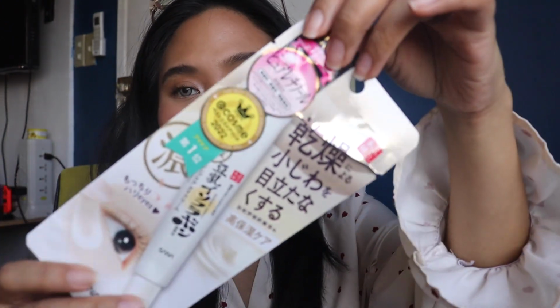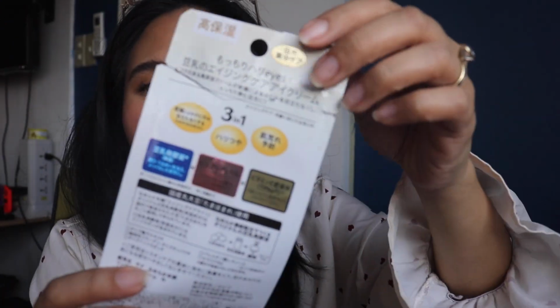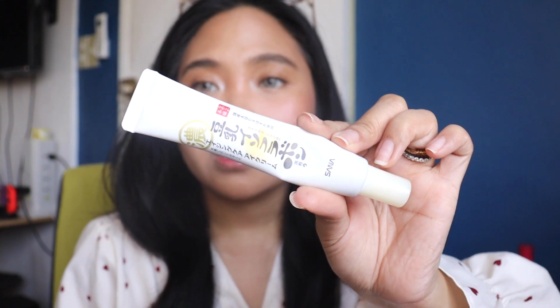Okay, so if you guys are gonna look for the Sana eye cream, this is the packaging, because there's another one with a red packaging. It's a 3-in-1 thingy at the back. So again, it looks like this. Oops. There you go. And then before going to Japan, I had really bad dry hands, to the point that